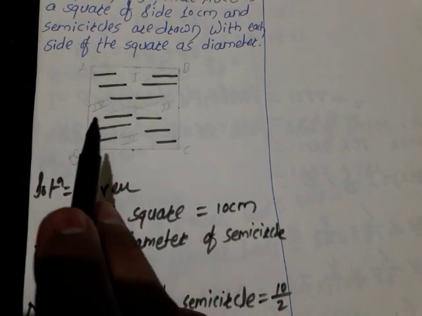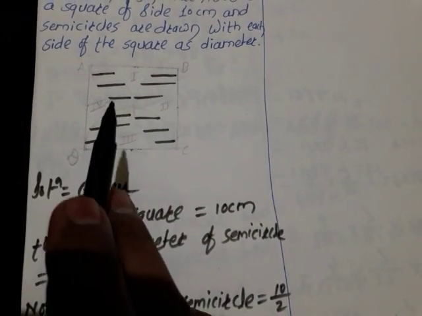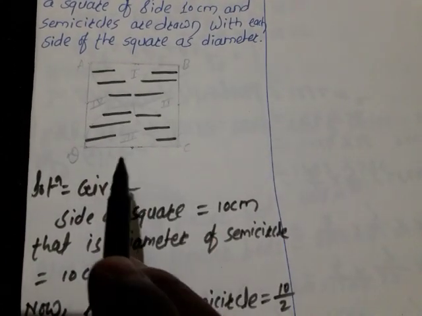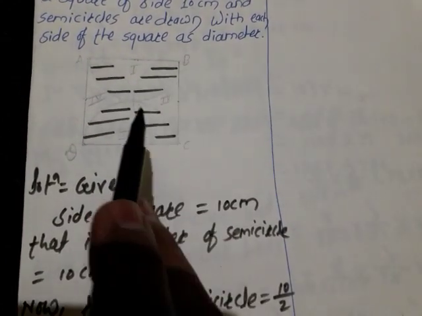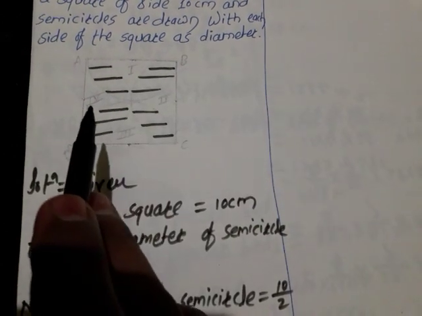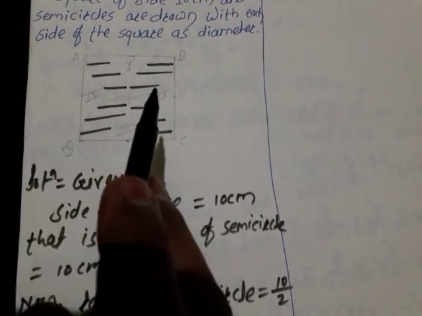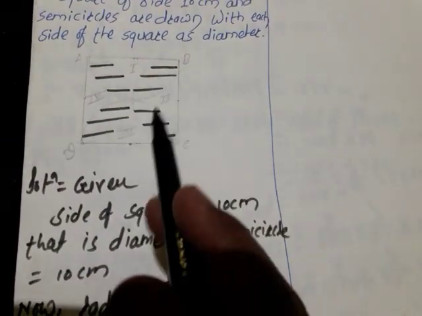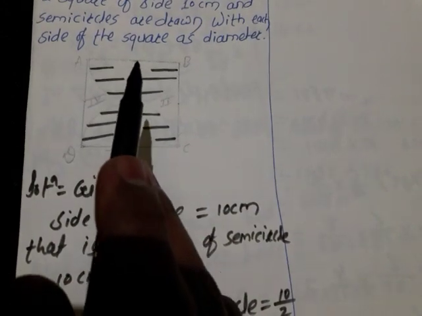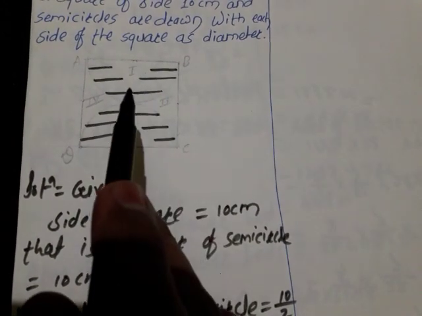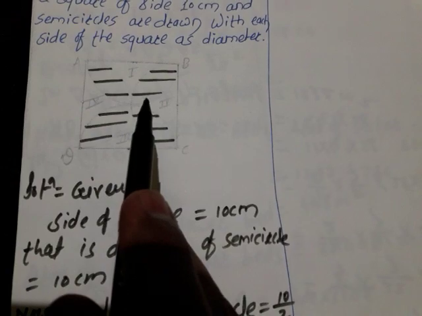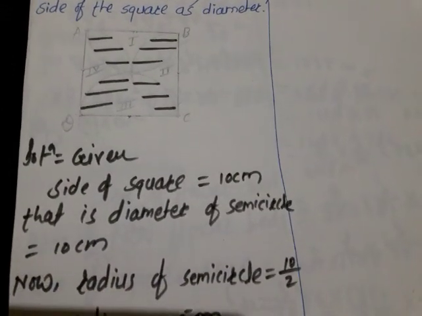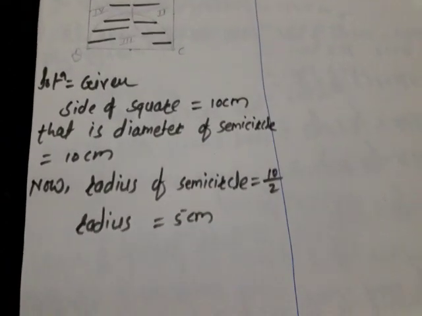We will add those areas, and after adding those areas, we will subtract from the area of the square. Then we will automatically get this first and third portion. After that, what will we do? Similarly, we will find out the area of this second and fourth portion. After getting those 1, 2, 3, 4 regions, we will add those areas to each other and subtract from the square. Then automatically we will get this design. Do you understand? Okay, like that we will start now. Look here.